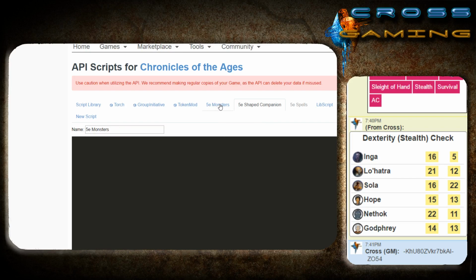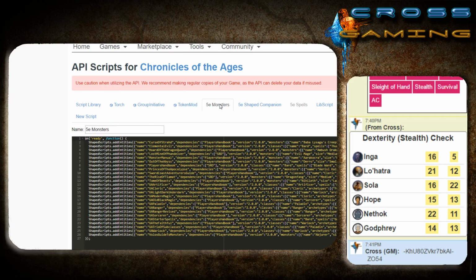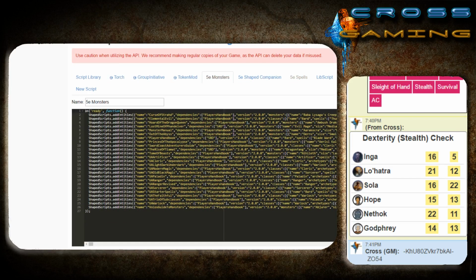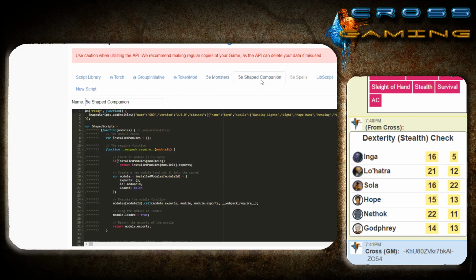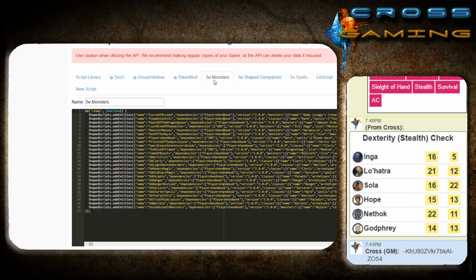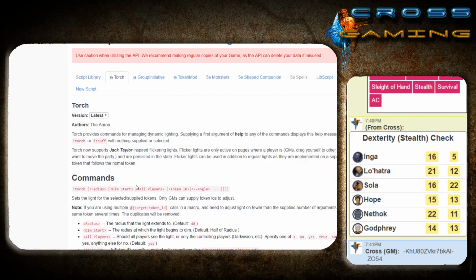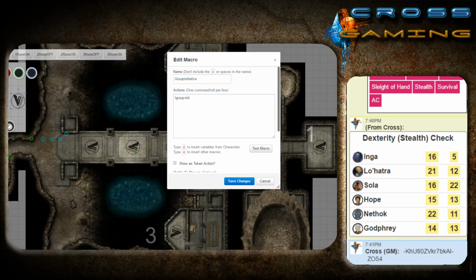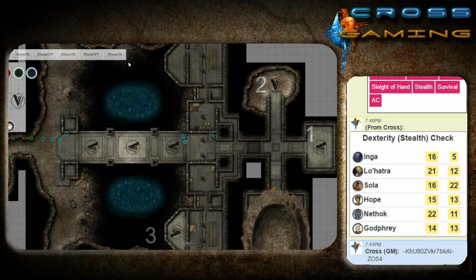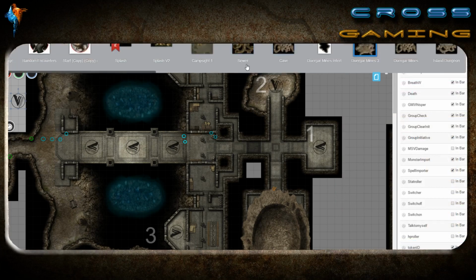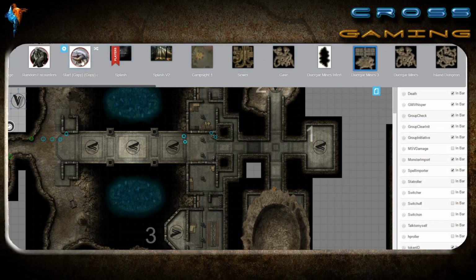And then your monsters JSON, which, again according to the guide, you can find copies of on the internet, he says. This allows you to import your creatures. So let's talk about